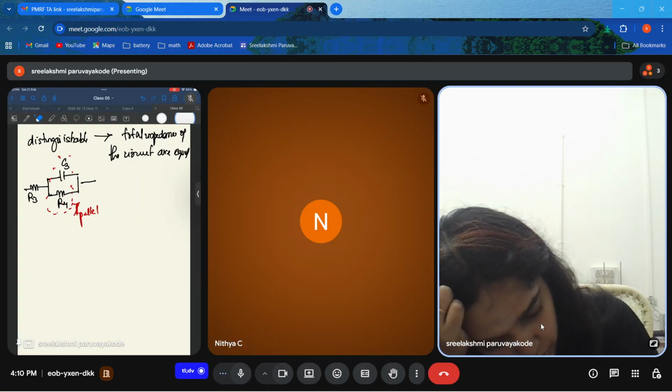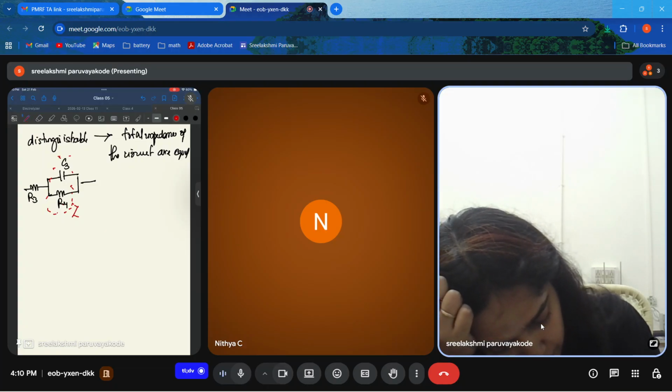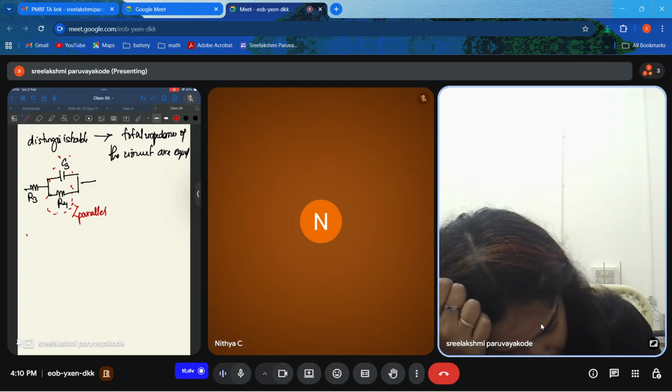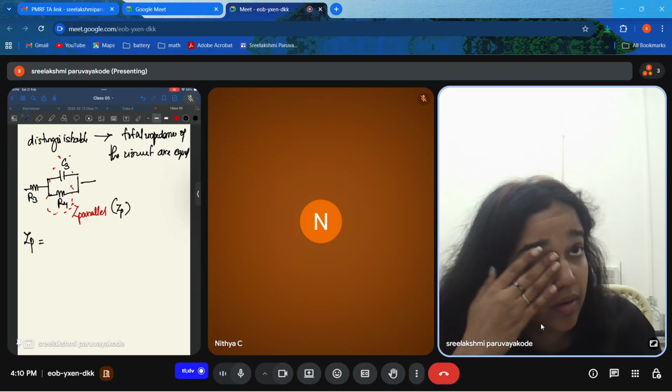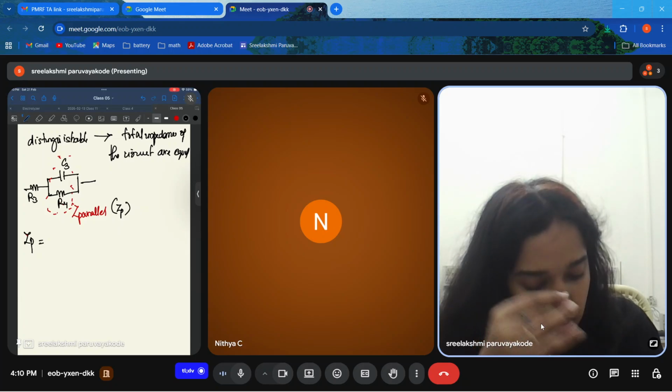How do we do this? This is Z parallel. Okay. Now Z parallel or Z. I'm writing it as ZP. They are in parallel, so what I have to do is